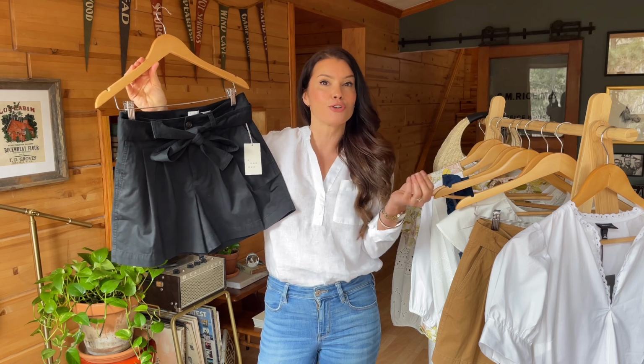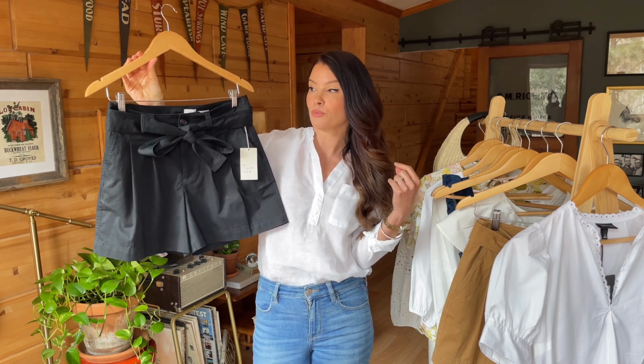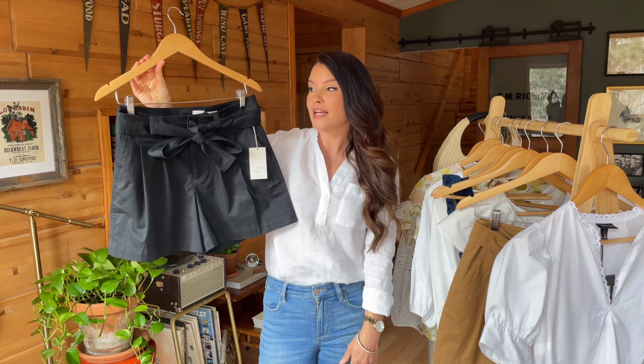It looked just as good with a plain white tank top for a really low-key vibe, as well as